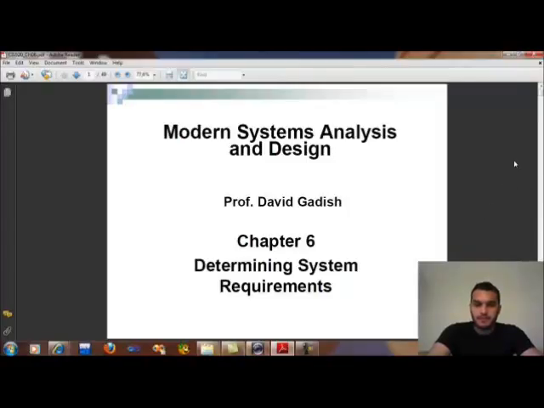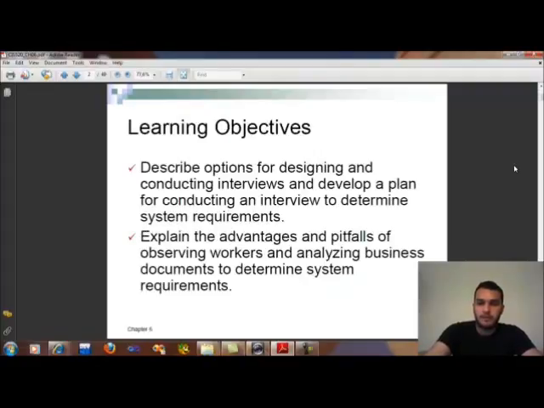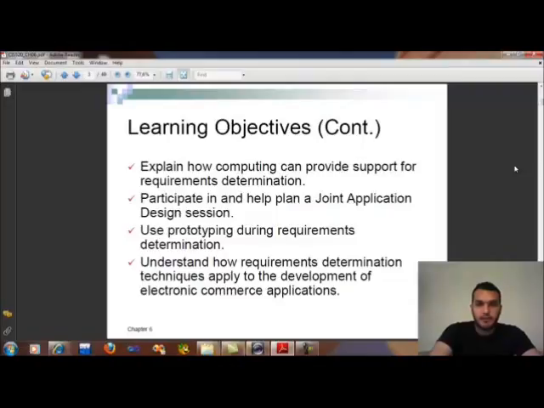Hello everyone, welcome to chapter 6, and in this chapter we will learn about determining system requirements. What we will learn: firstly, describe options for designing and conducting interviews, and develop a plan for conducting an interview to determine system requirements, and explain the advantages and pitfalls of observing workers and analyzing business documents to determine system requirements, and explain how computing can provide support for requirements determination,